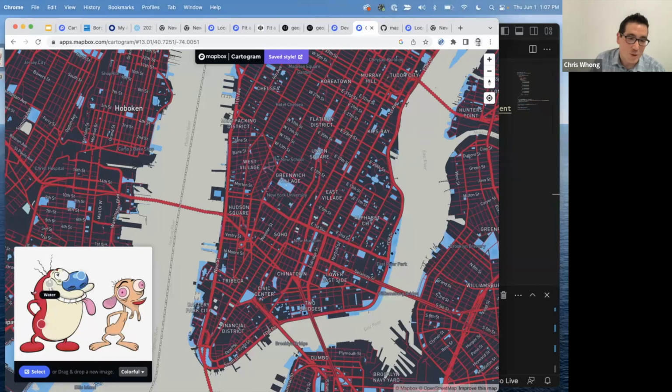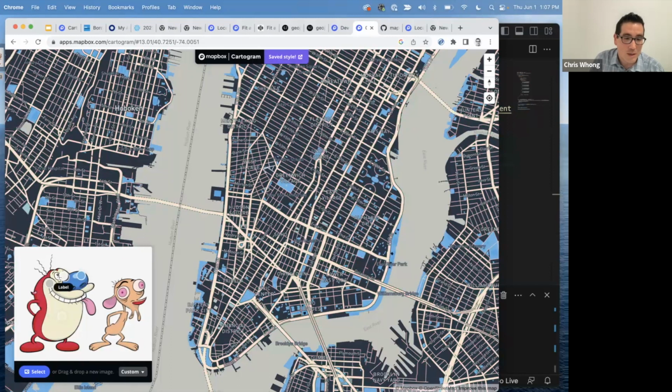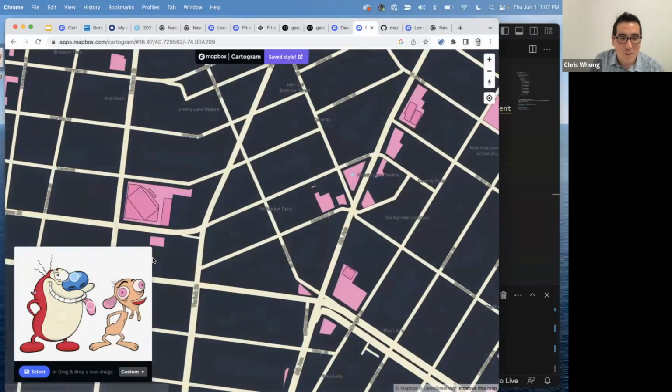And I can actually move these little markers around to experiment with this. Then I could just bring this into Studio or bring it right into my Mapbox project. So this is probably a lesser well-known tool, but it is a lot of fun and can be a great starting point if you're trying to do a custom colored map. Say, for example, roads shouldn't be the red, roads should be the white. And let's say water should not be this gray, but it should be Stimpy's nose, which is blue. And the green space should maybe be Stimpy's tongue. You get the idea here, but you can tinker around with an existing palette from an image and then see what that looks like.